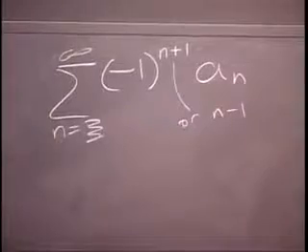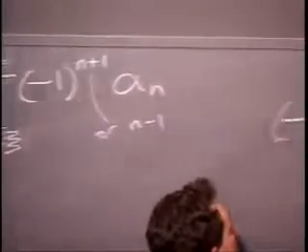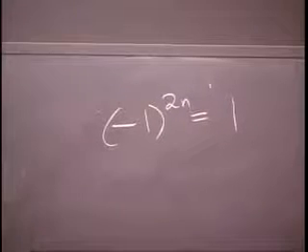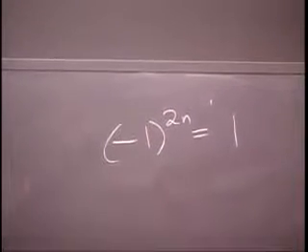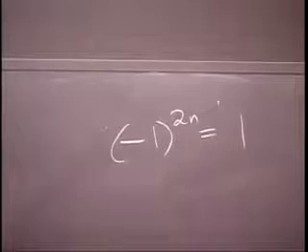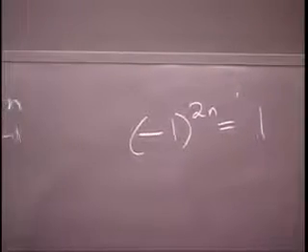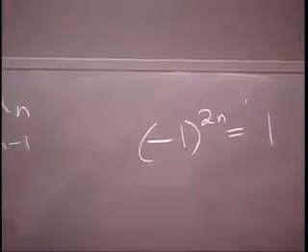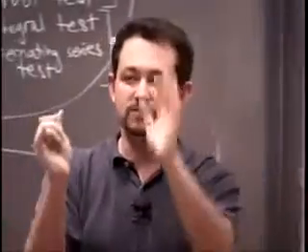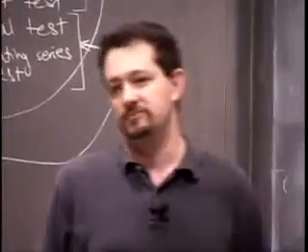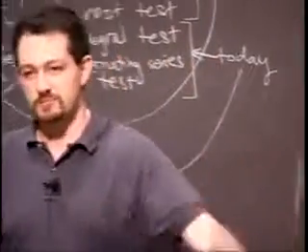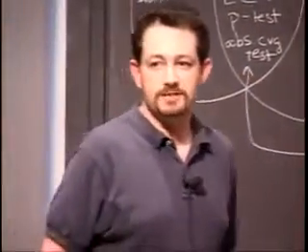Minus 1 to the 2n. Just as a little comment, it is always 1. Minus 1 to any even power is 1. Well, if it's negative, then it's not going to be alternating anymore, is it? I mean, if it's sometimes negative, if it's always negative, it will still be alternating. But if it's always negative, you could pull out a factor of minus 1 and write it like this. So every alternating series can be written in the form minus 1 to the n times positive terms, or minus 1 to the n plus 1 times positive terms. Okay? So, if you have an alternating series like this,